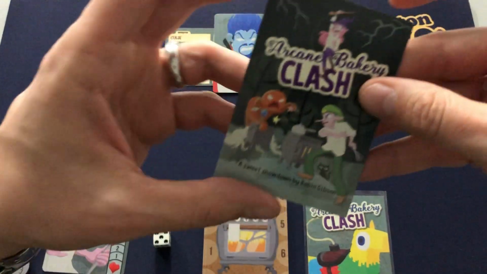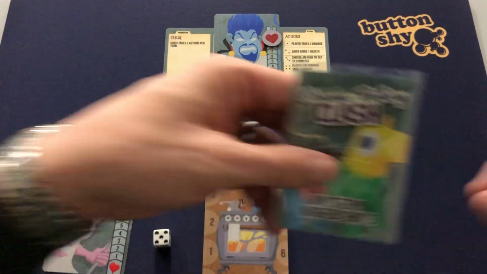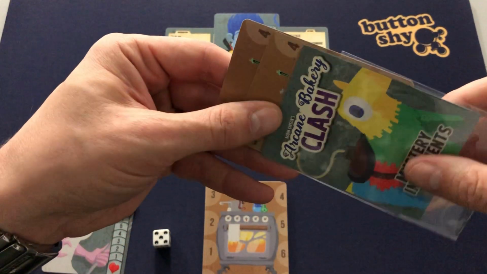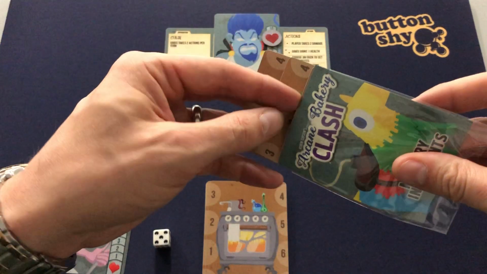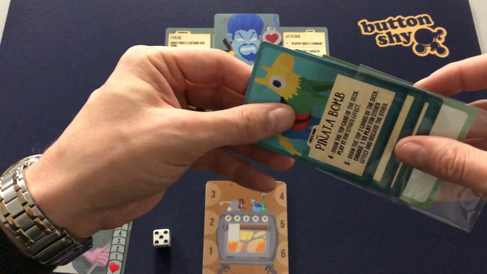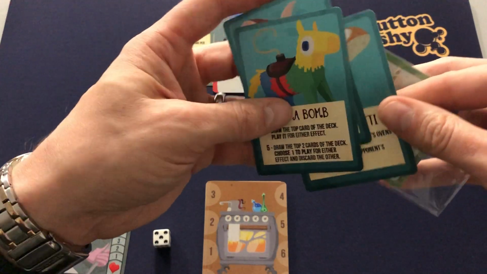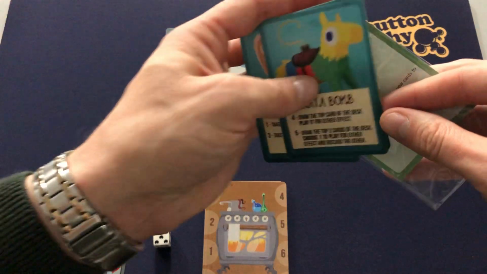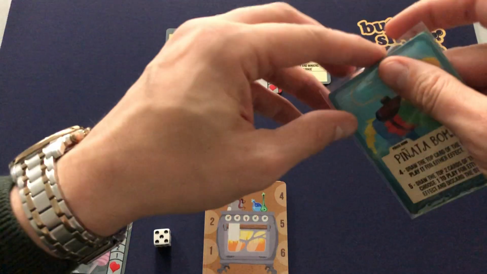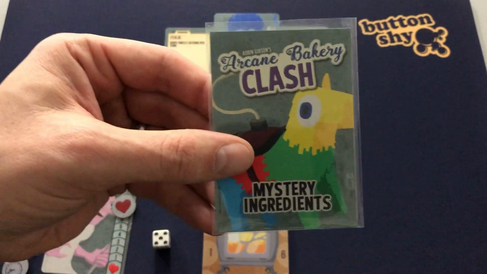So we'll take you through this game. There is a second expansion called Mystery Ingredients, and this is just again another 3-card expansion. Two of these 3 cards can work with the solo Boss Bake Off. This Omen Biscotti can't work with the Boss Bake Off, but the other 2 can. But for this playthrough, I'm not going to include any of them, just to make it as base as